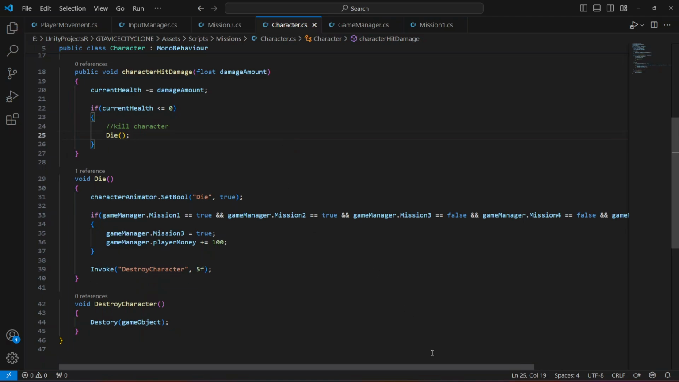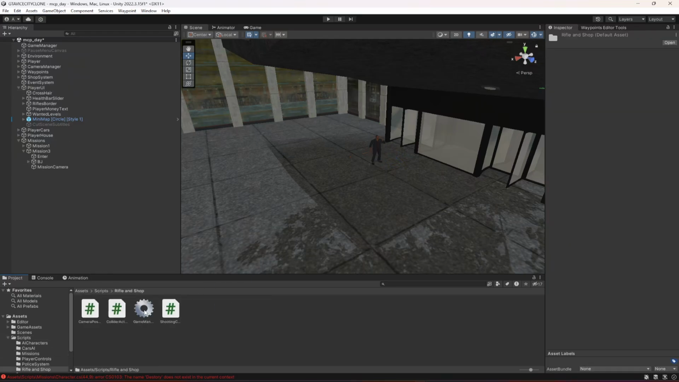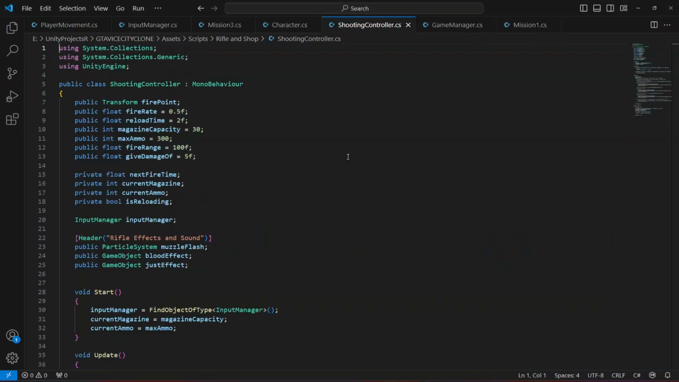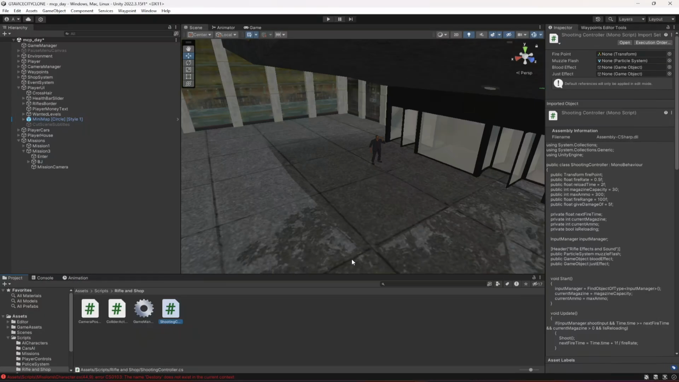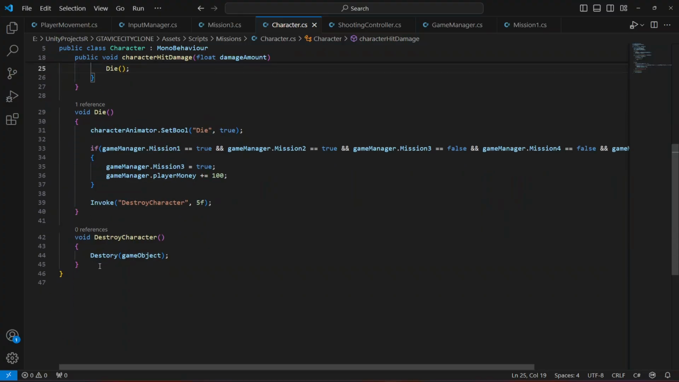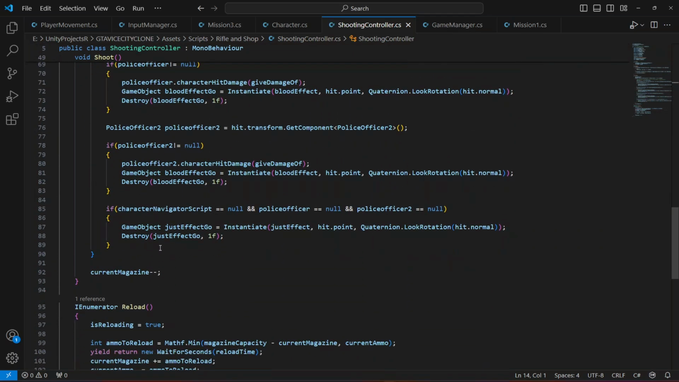Now let's open up the shooting controller script, because now we need to damage this character. So I'm gonna open this up, and I know it was showing an error on line 44 or on the character script. Okay, right here, because we typed destroy spelling wrong. So make sure that you correct it. Then click on shooting controller, move right down below, and right here,